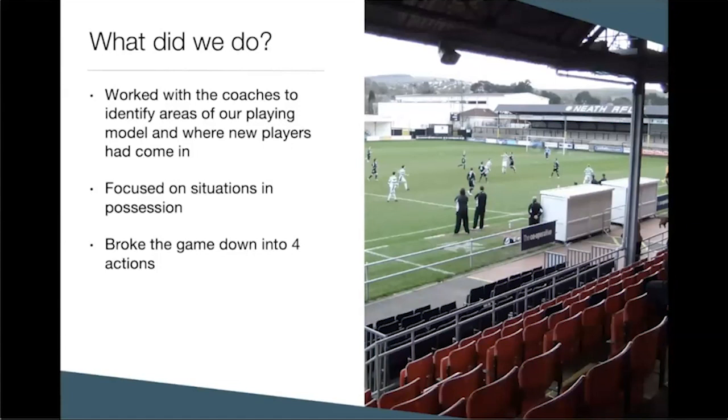So we then broke the game into those 4 actions. The 4 actions were essentially: we were going to play the ball backwards, back from where it came; we were going to play the ball inside; we were going to play the ball down the line; or we were going to dribble with the ball. Again, very simplistic, but based on our player model and the area of the pitch that we were looking at, we felt that those four actions were the key actions in that moment.